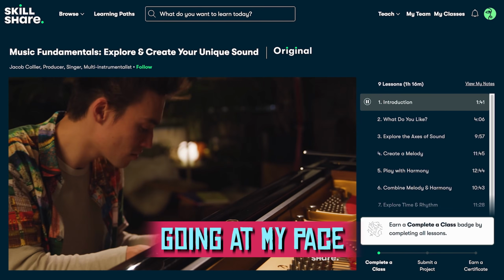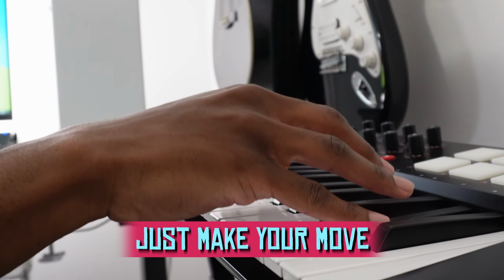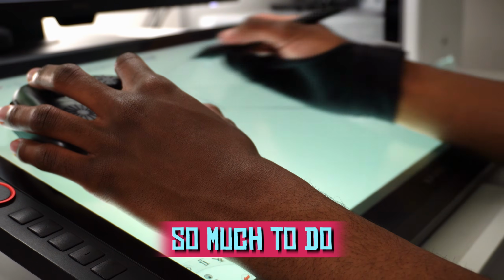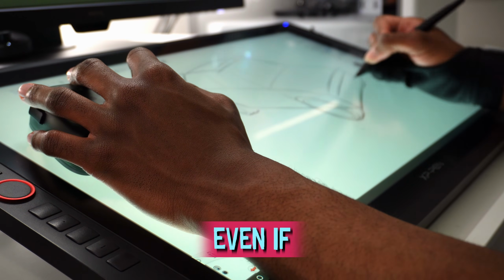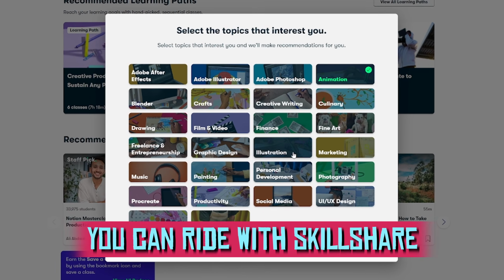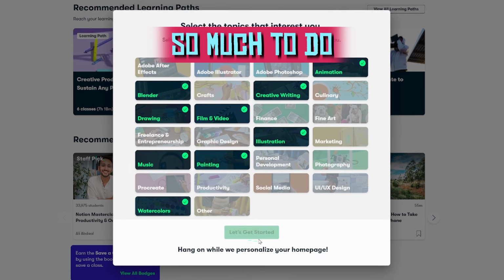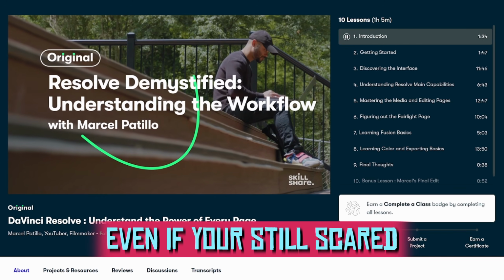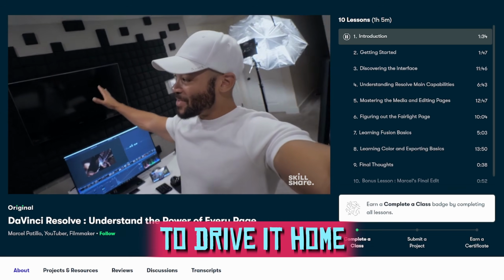Going at my pace, the membership ain't clocking, no. Stop watching, no race involved, just make your move and wake yourself up to make some cool stuff. So much to do, now that you're fueled up, just make a move. Even if you're too scared, you might be wrong. You can ride with Skillshare to drive it home. Leveling up with cool stuff, so much to do. Now that you're fueled up, just make a move. Even if you're still scared, you're bound to fall. You can ride with Skillshare to drive it home.